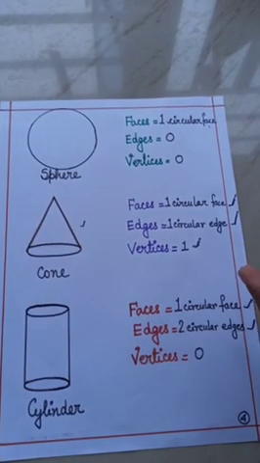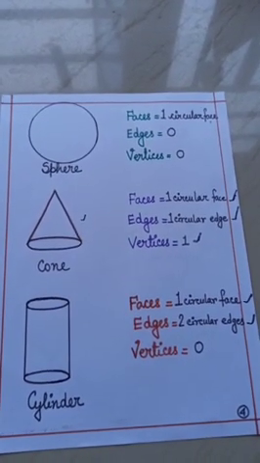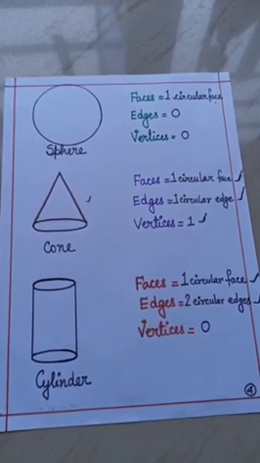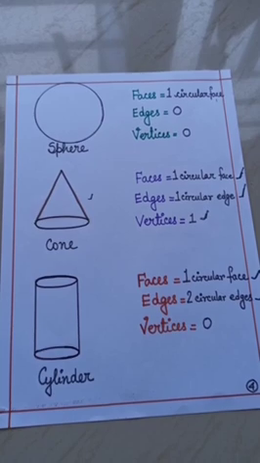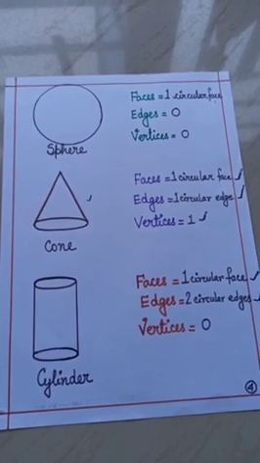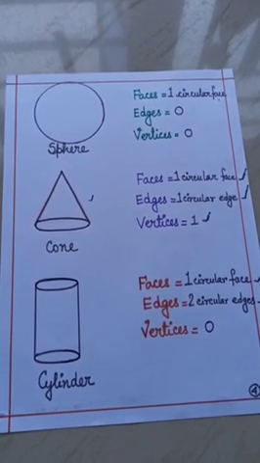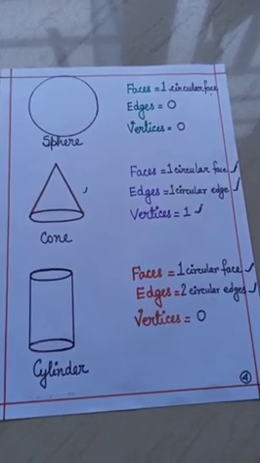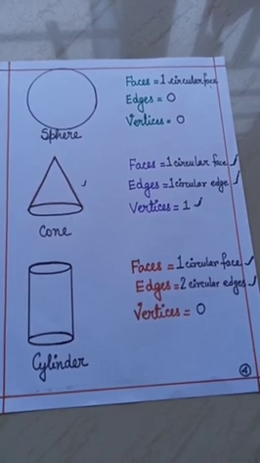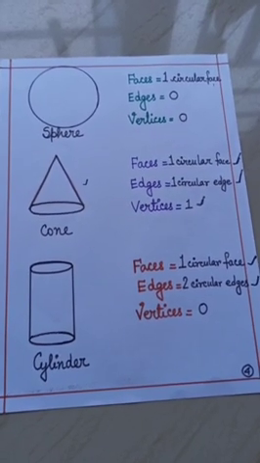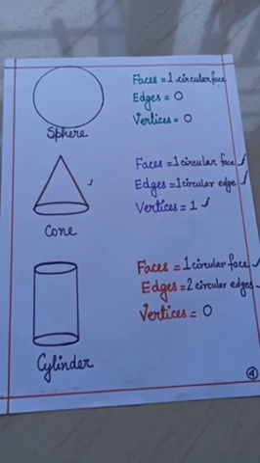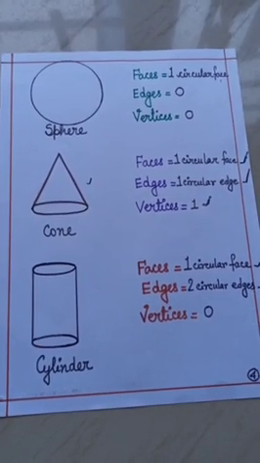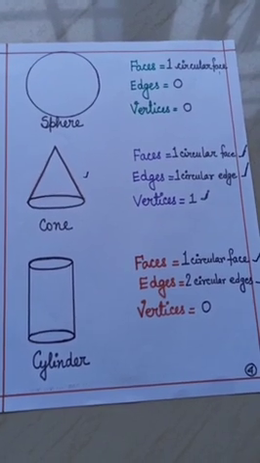So here we have learned about 2D shapes and 3D shapes. I hope you will remember this at your home. You will read about this at your home, and wherever you need the information, you will pause the video and take a screenshot of the video, and like I have done, you will also make a chart of the faces, edges and vertices of the different 3D shapes along with their drawing, and also about the properties of the 2D shapes along with their drawing.